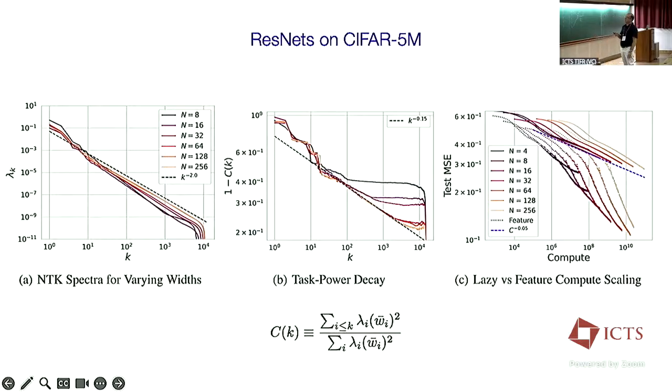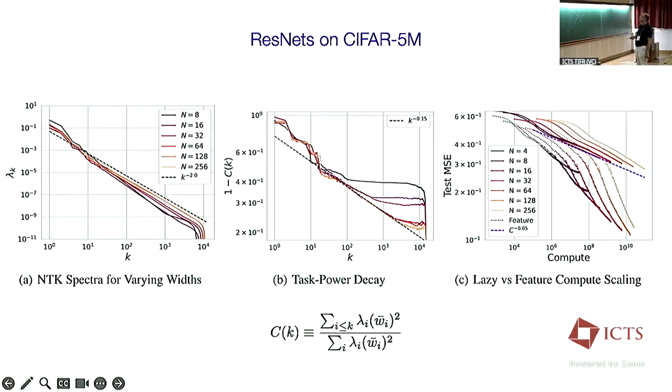It turns out that's very noisy. Instead, we fit what we call this function over here, which is the tail sum, a sum up to the kth eigenmode normalized by the full power. The point is that it doesn't look like a power law, but we could still just fit a line, get this constant and that number here, and from there plug into our formulas and try to make a prediction.